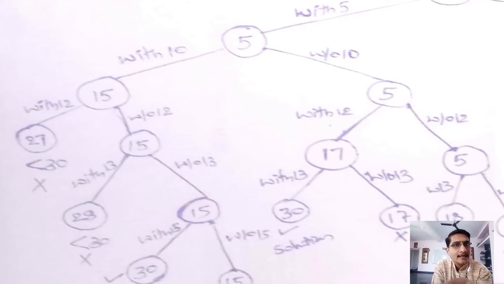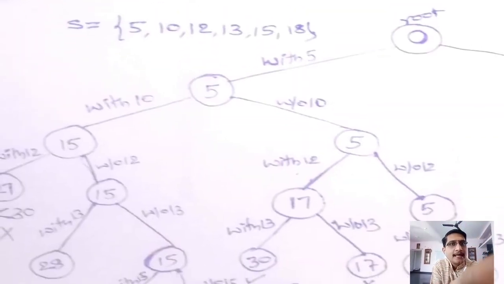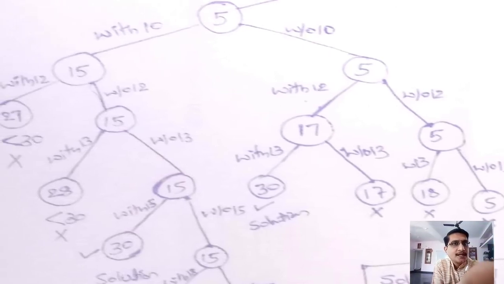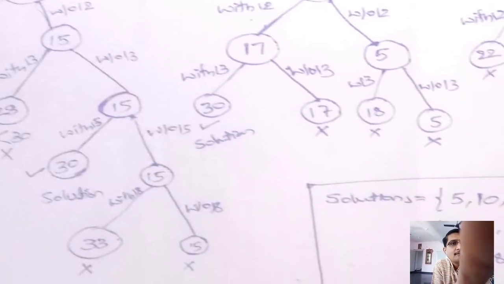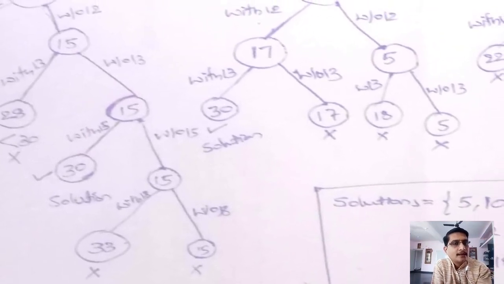So we will again backtrack to the 15 node, and without 13 the sum is 15. So with 15, 15 plus 15 is 30, and this is one of the solutions we have got, since the integer given is 30. So this is one solution. The solution here is 5 plus 10, that is 15, and 15 plus 15 is 30. So the three items included are 5, 10 and 15, which will give us 30. Without 15 it will be 15. Even if we add 18, that will be 33, and without 18, the last item, it is 15. So these will become non-promising nodes.